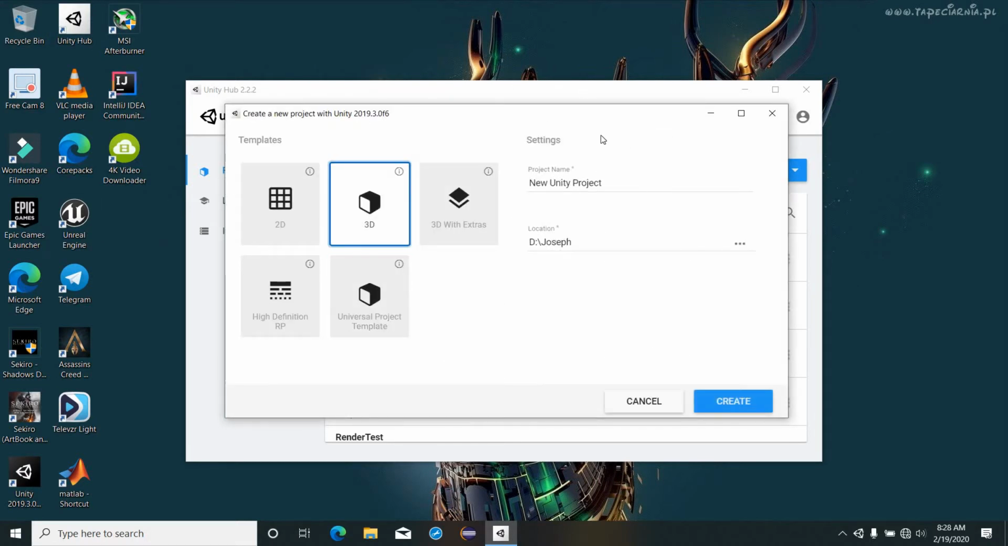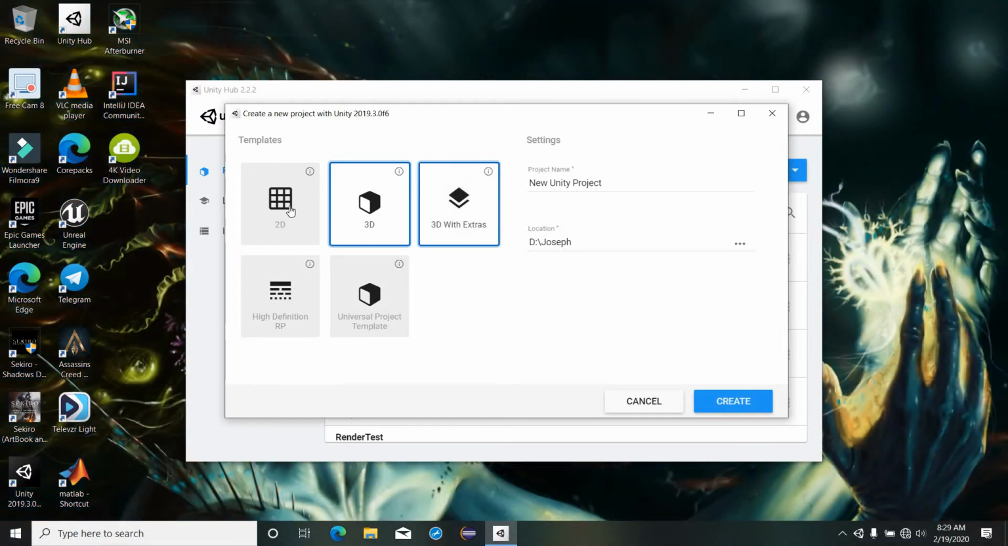There you will be notified with a dialog box like this. You would have 2D projects, 3D projects, 3D with textures, high definition, and this. I'll explain this as we go on further, but for now let's start with a 3D project. So we'll call the 3D project anything you want to call it. I'll call it test